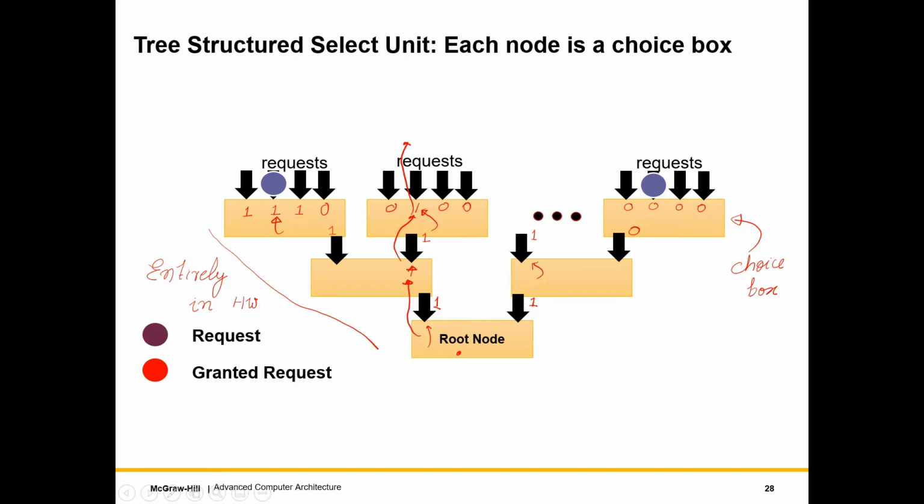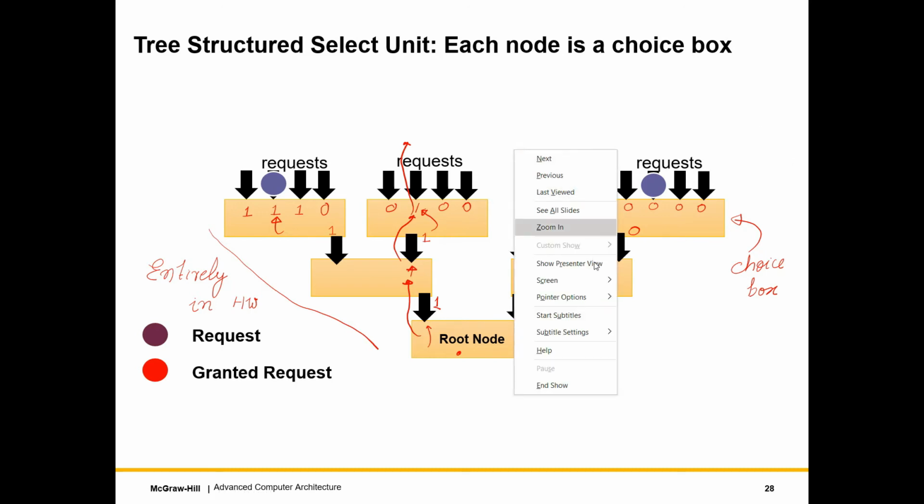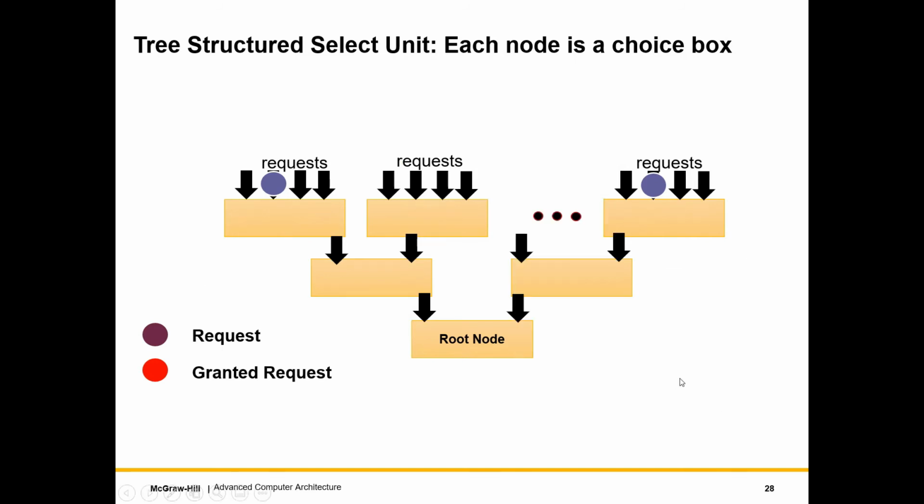What we need to do now is create a fairer version of the selection mechanism. I have a small animation that I can show you. Let us say that we have 2 requests with these blue circles over here. This is how they flow. They come to the root node. Assume that there are no other requests. The root node chooses one.